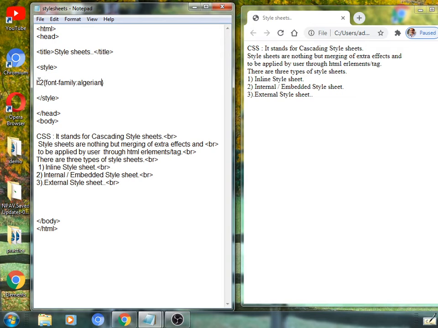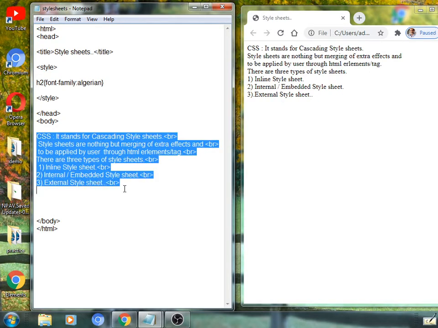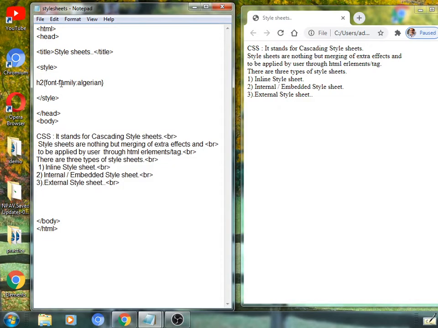See here, the H2 selector, within curly braces, we have given font-family colon Algerian. Wherever the H2 tag is applied within the body section on some content, it displays the effect of the Algerian font, so a single line or a word is displayed in the Algerian font.